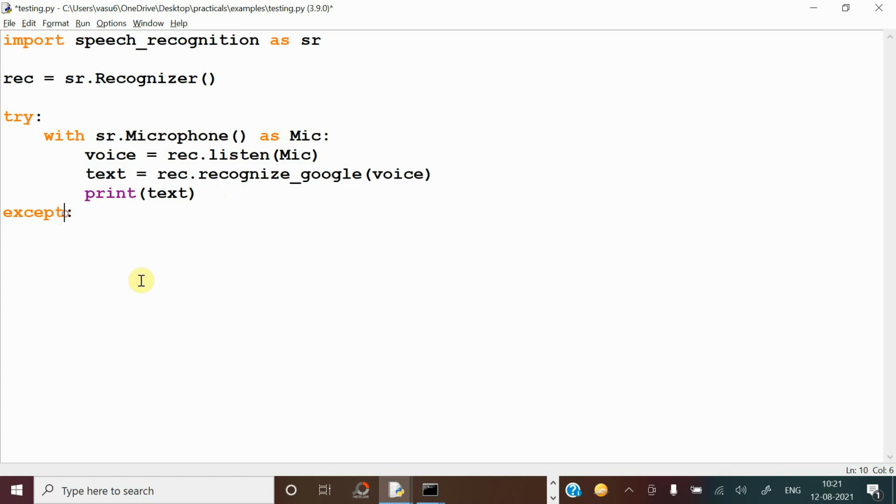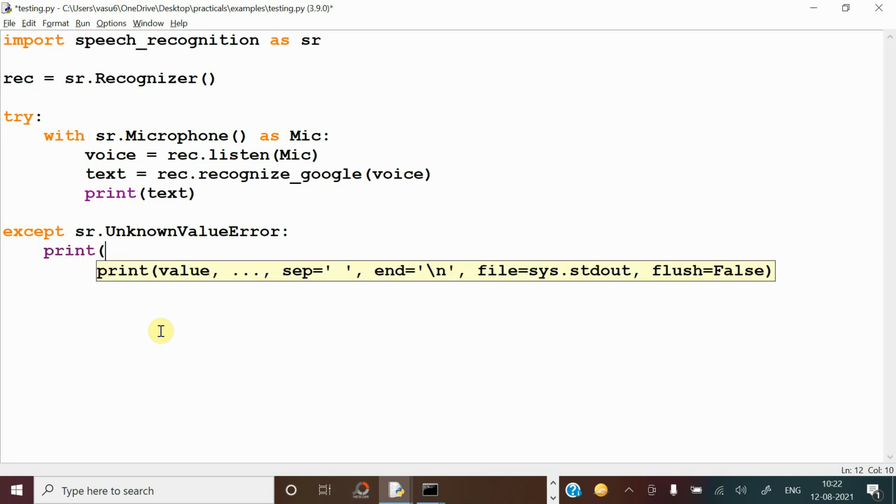For suppose, source dot unknown value error, meaning the user has not given any input or makes simply sounds, and that voice is not recognized. In that case, simply keep a print and type a message: say something clearly. Like this you can keep it.